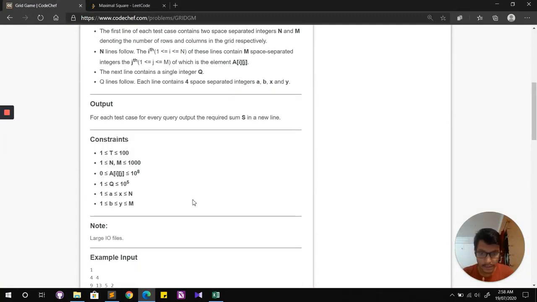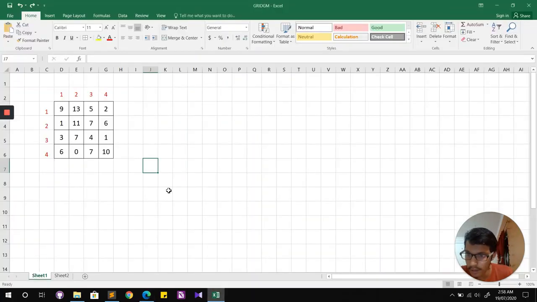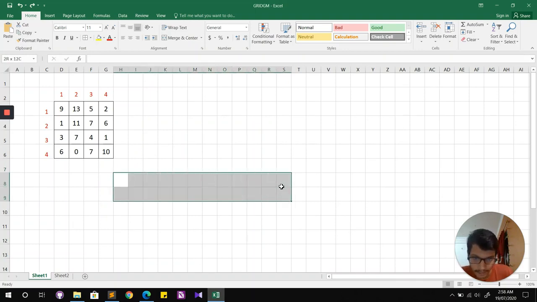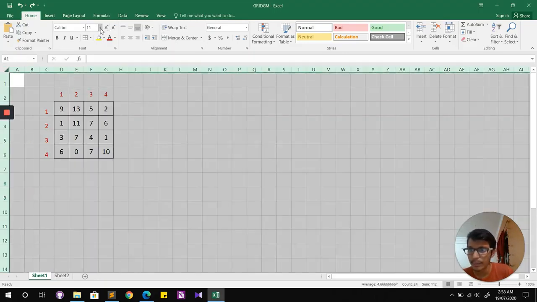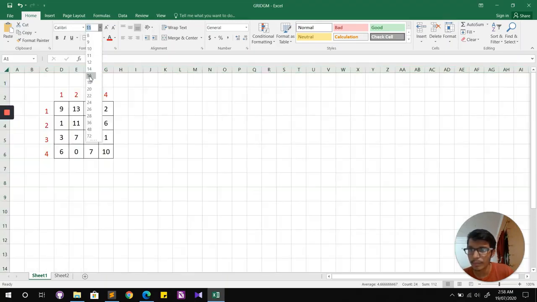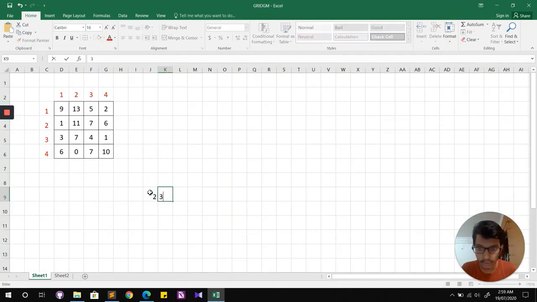So let's start with a simpler question. This question is for a rectangle. What I ask you is, what if the question was for a 1D array? Let's make a small 1D array like 2, 3, 5, 4, 1, 4, 2.